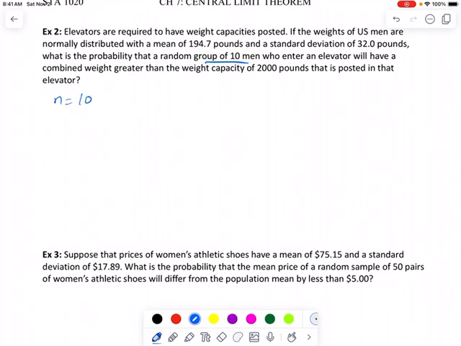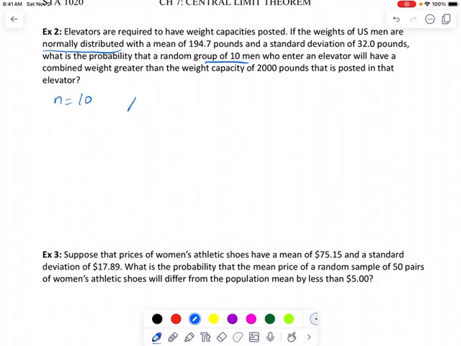But then we also read the second sentence again: if the weights of US men are normally distributed. So remember, that's what the CLT said, that we should have one of these things. Either the n should be greater than 30, or the question should say that the population has a normal distribution. So n is 10,